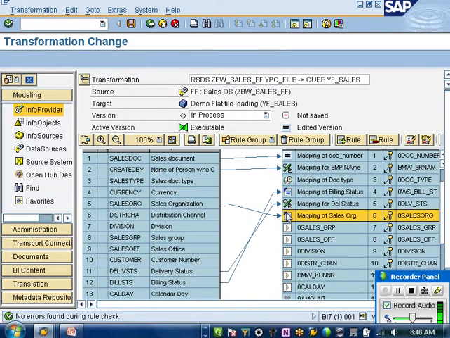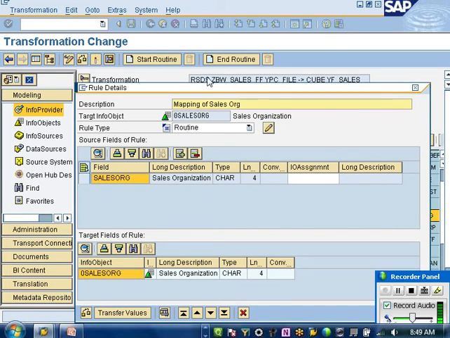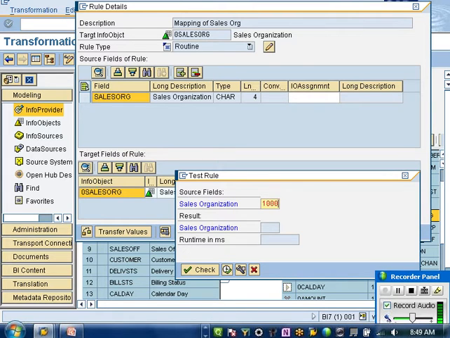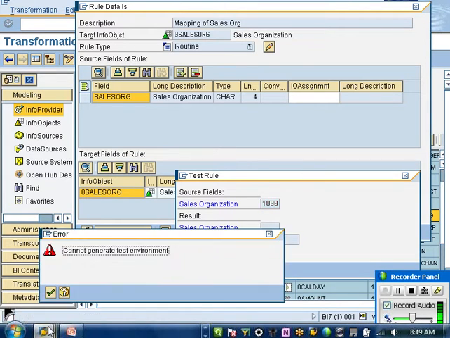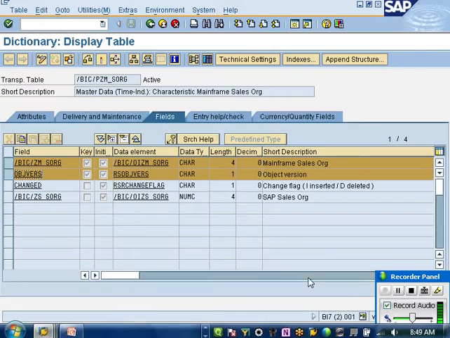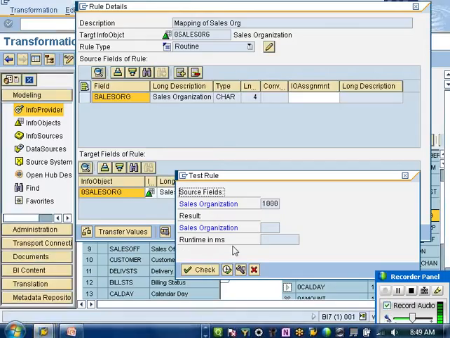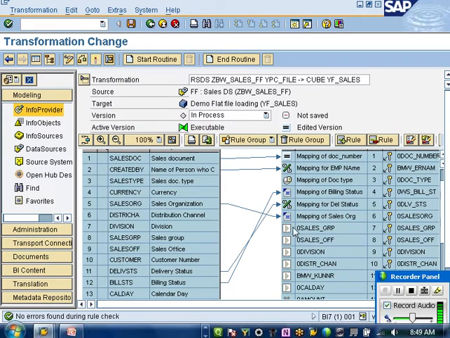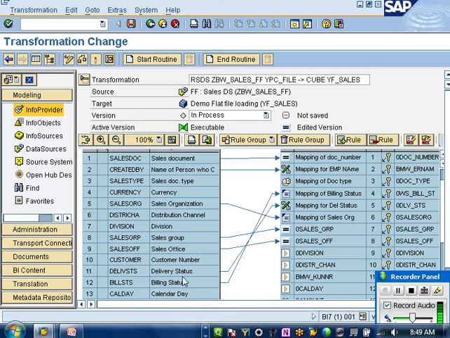For example, I can test this routine. If I give the incoming sales org as 1000, it will do the selection, it will show me. Okay, it's not okay. That's fine. We can debug the routine, and then I'm okay with the group. So it's like direct mapping is as good as dragging this and dropping. Okay, sales org is okay. Division I'm fine.